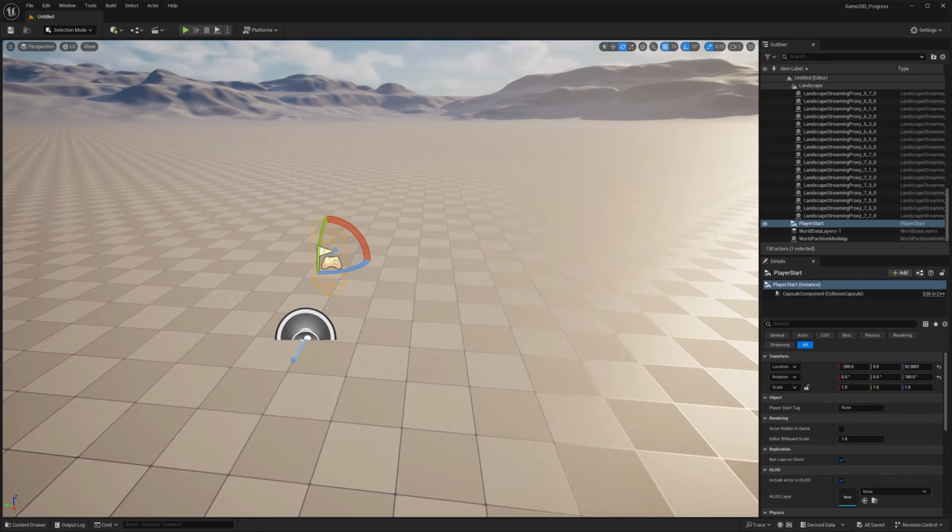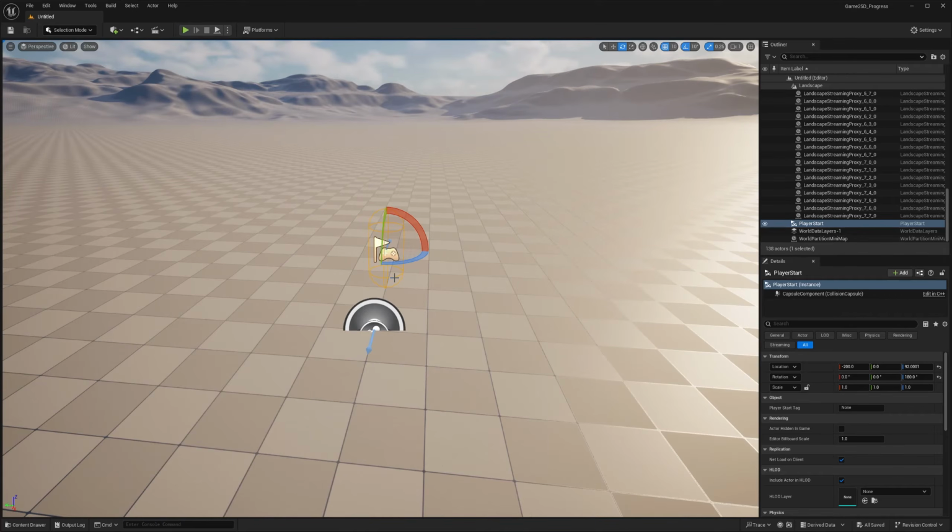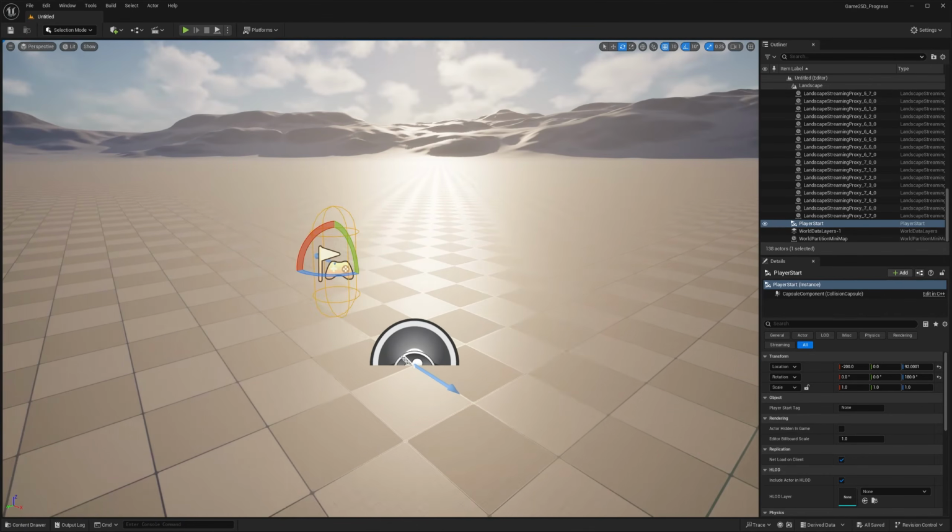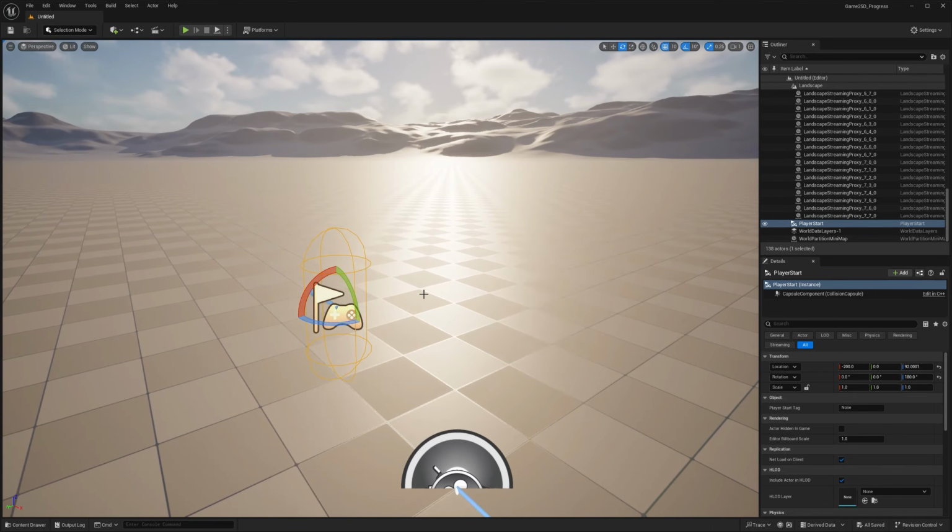I think many people will come from different softwares and they have preferences. I used a 3D modeling software called Modo for the longest years, and I really like the panning and rotating orbit around. So people might come from Maya, and they have a way to navigate the viewport that they're more comfortable with. So it's good to know all the possible options that you have.